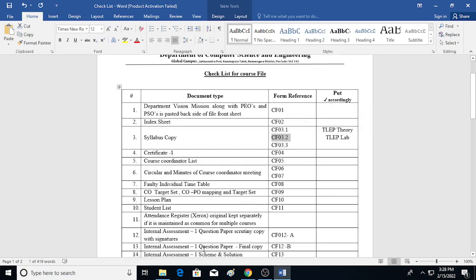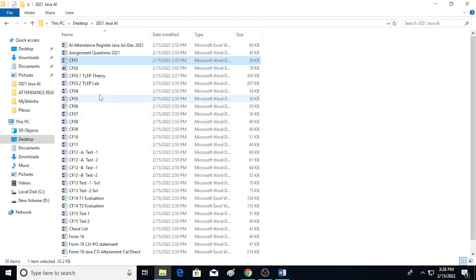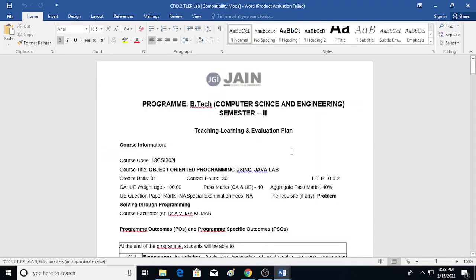It is for the lab. If the theory subject has a lab, only then can we go through with that. For Java, we have a lab also. Yes, 302, the same subject with the L. So this is only the course code difference; the remaining everything you can understand. See here, 100 marks for the CA. There will be no university exam. We have just CA, continuous assessment of the lab. For each lab program you will have the assessment. How? 10 marks.